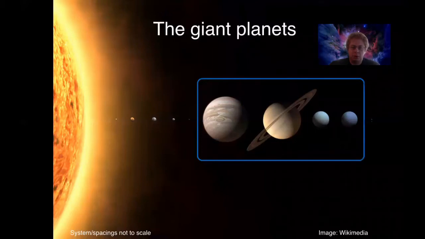So, as you recall, we've looked at the inner planets, these small rocky planets over here, and we've learned what their compositions are, and we've learned roughly what we think must have happened to give them similar compositions to what they have. Now let's look at the giant planets. There are four of these as well, and they're going to break up mostly into two different categories here. The two really big ones, Jupiter and Saturn, and then the two smaller ones that we call ice giants, Uranus